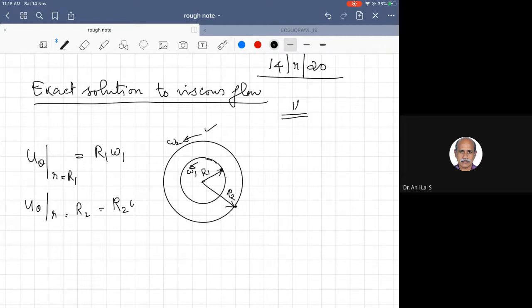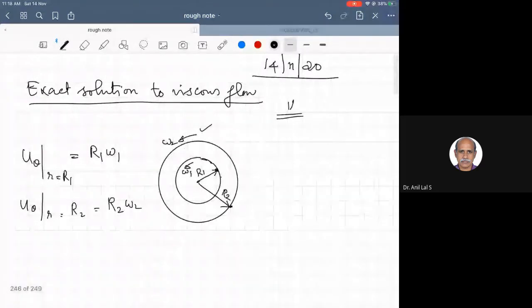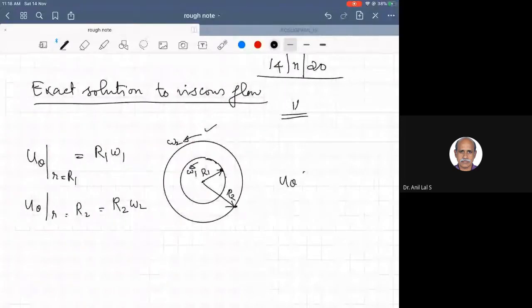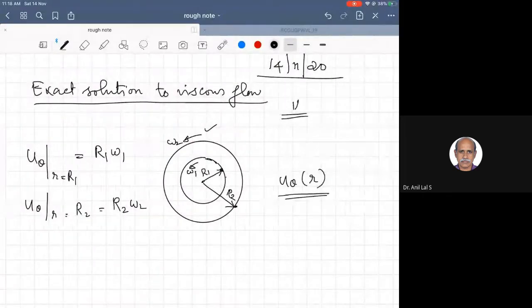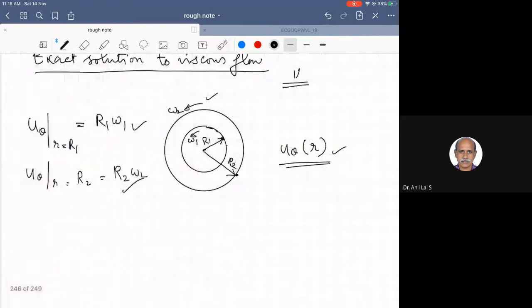In between, u theta varies as a function of r. These are the two boundary conditions for the fluid motion. So our aim is to find u theta as a function of r, assuming the flow as